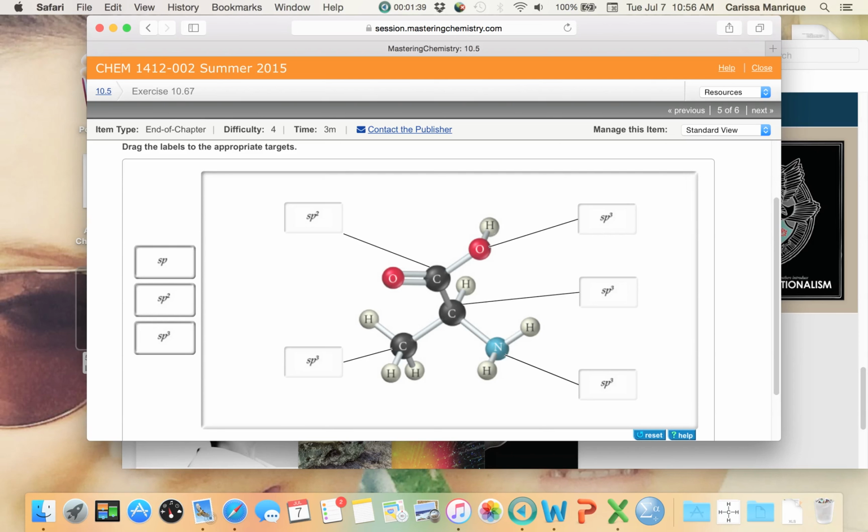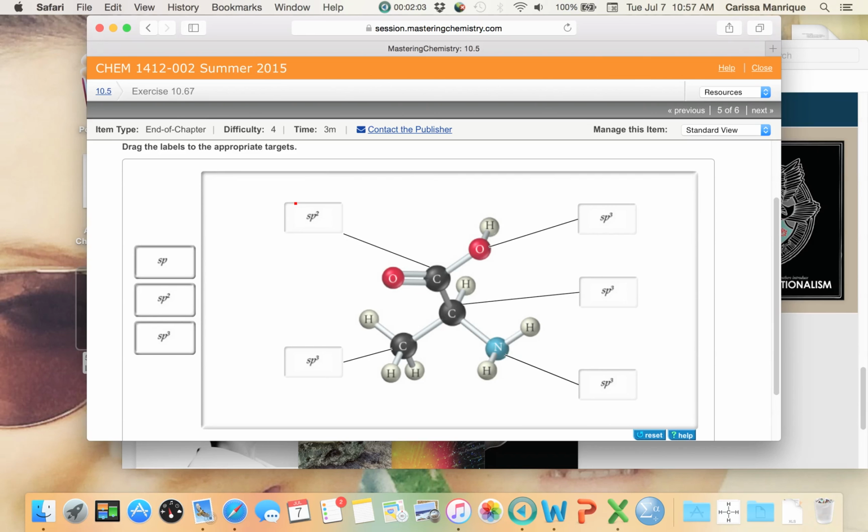Okay, so if you have all single bonds, the hybridization is always sp3. If you have one double bond, the hybridization is sp2. Now, it doesn't have a triple bond, but let's just say this carbon had a triple bond coming off of here. Then the hybridization would be sp. Okay? The other one that would be sp is if there's two double bonds coming off of there. So if I write this down,